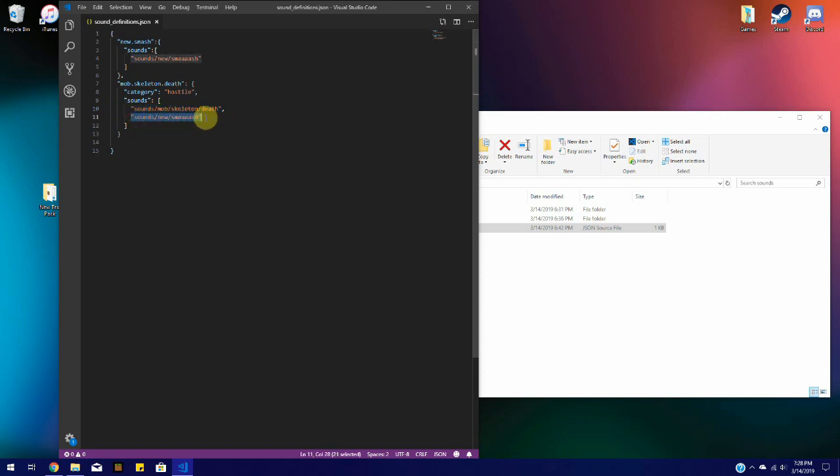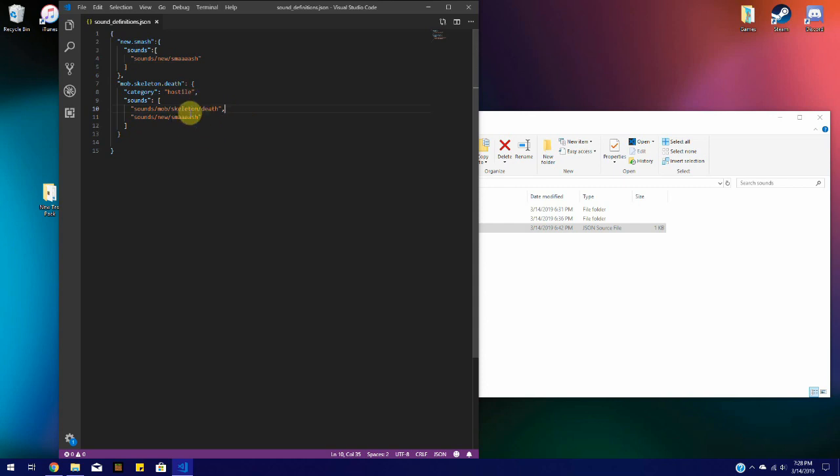Normal behavior is that it would append new sounds to the list in general, so it would say that this is here and think, oh, okay, this is something else to play along with the skeleton death sound. But it doesn't work that way in Bedrock Edition. You have to have all the sounds that could normally play plus whatever you want to play, and only those